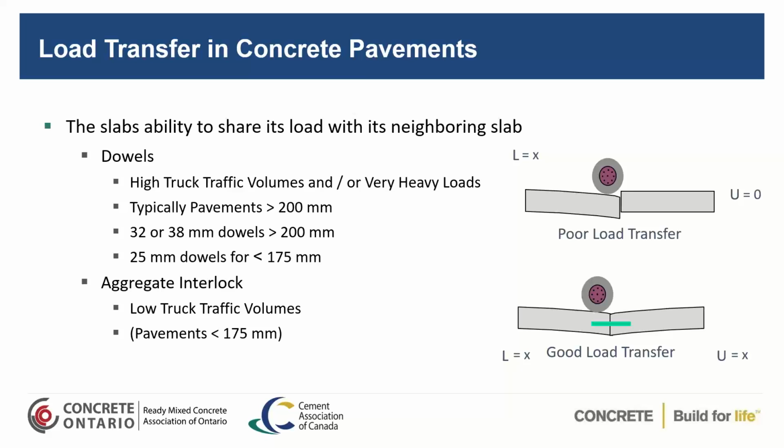So why do you use load transfer? Well, aggregate interlock is what your normal load transfer is. And when you have aggregate interlock, it'll make this slab and this slab act uniformly so that you won't get deformation of the pavement on one slab and then on the next slab. But as that aggregate interlock breaks down due to the traffic, you'll end up having what's called poor load transfer, and then each slab will act independently so that when you put a load on one slab, it will deflect down. When it goes over to the next slab, this one will rebound up and the other one will get